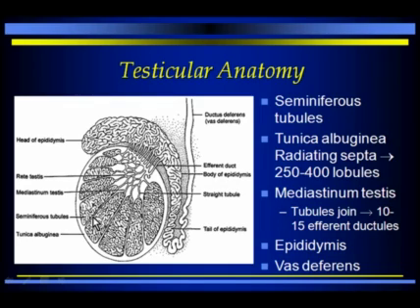Okay, each one of these lobules then contributes a duct that goes into what we call the rete testis. The rete testis is this network of ducts that come out of the seminiferous tubules and go through a portion of the testis, which is called the mediastinum testis. These tubules then join to form somewhere between 10 and 15 efferent ductules, which exit the testis and join into